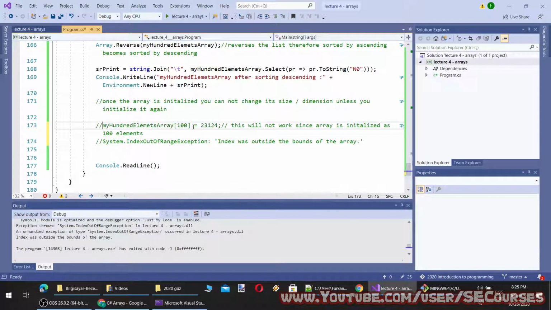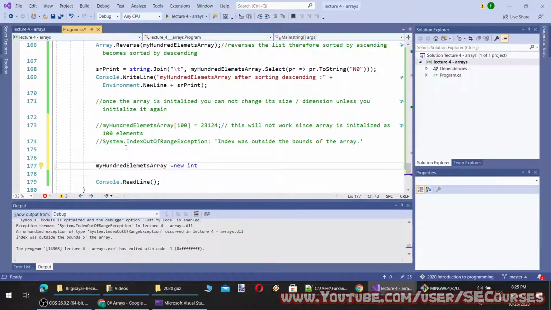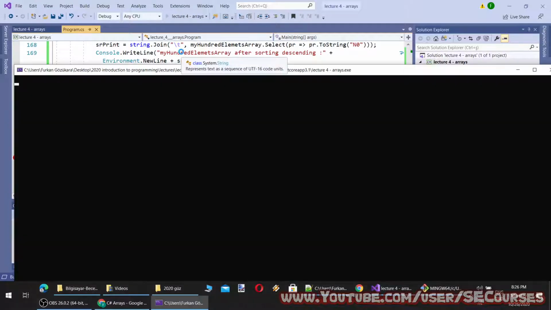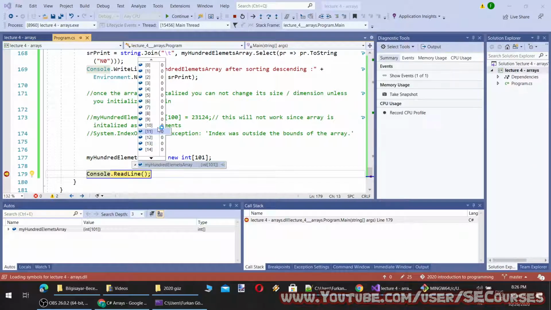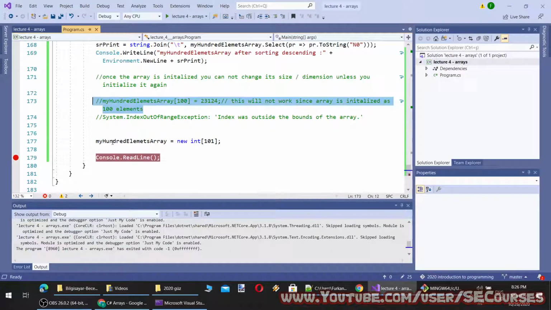So what else can I do? I can reinitialize this array like this. And now I can have up to 101 elements. However, this time it will be all zeros. Let me show you. You see now they are all zeros. And now I can use this.